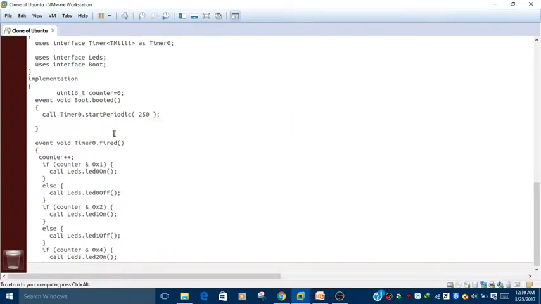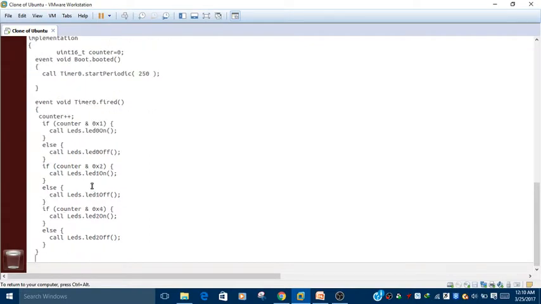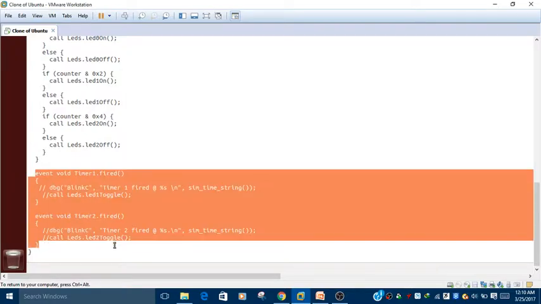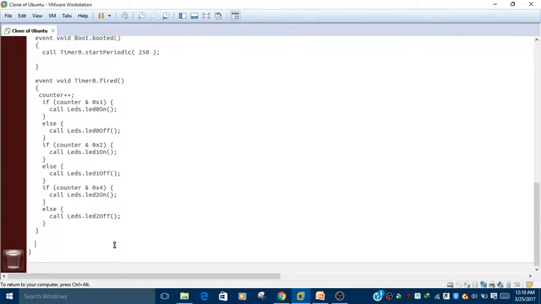Only one timer 0 variable is there, for which an event is created. Now after this event, just delete the other two events which are there, and save it. So I just save the program and close the file.